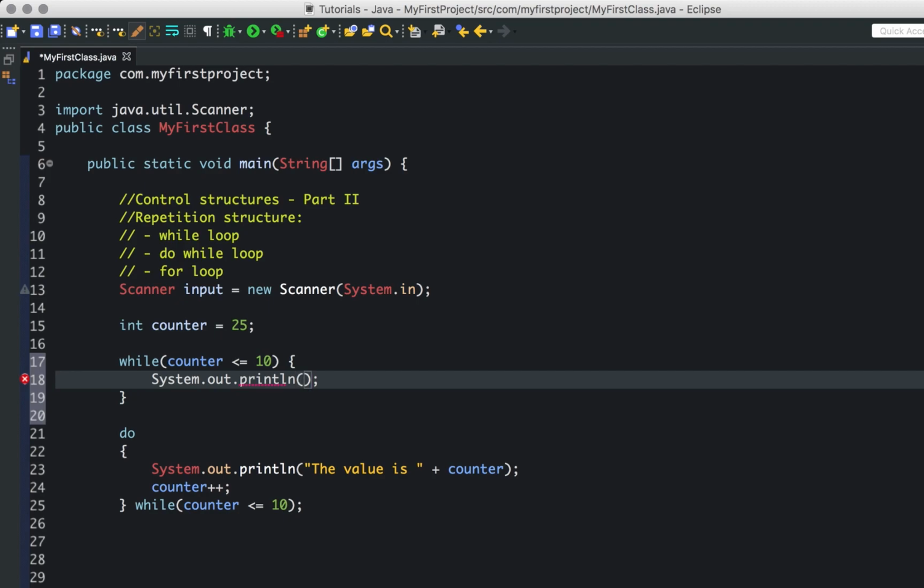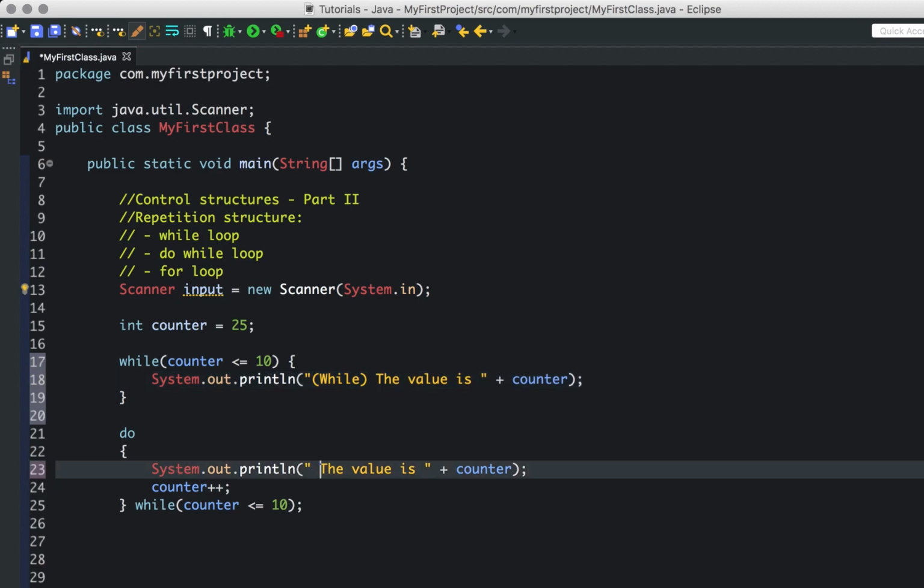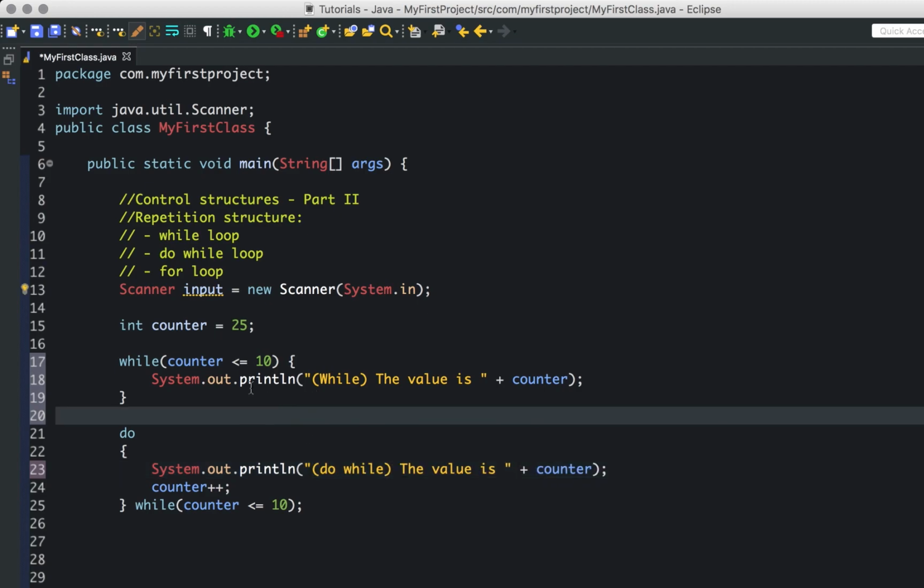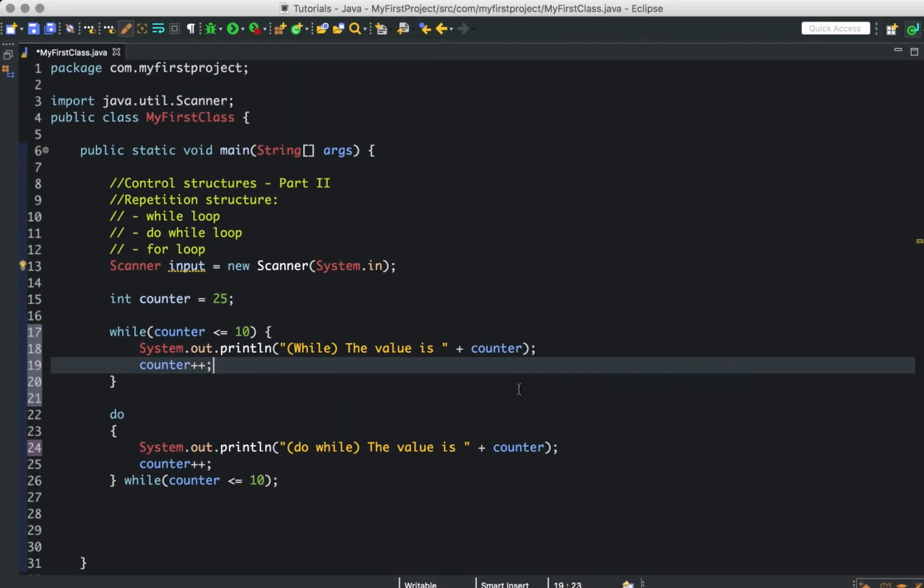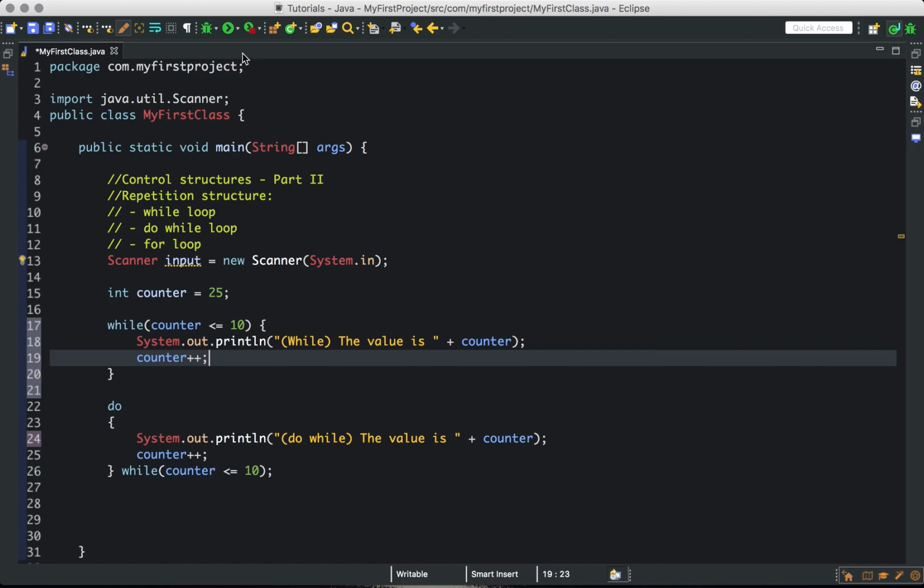So let's compare the while and do while. The value is plus counter. So let's add some markings. This is the while part, and this is the do while. Okay, then counter plus plus. So if we run this,